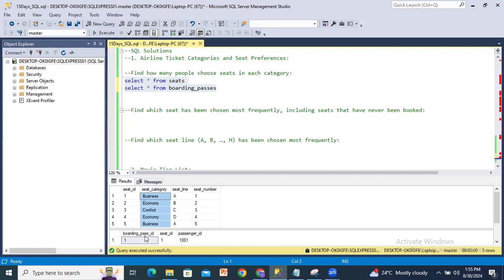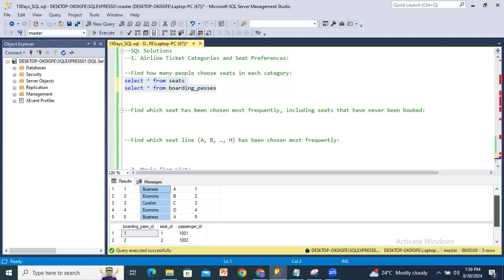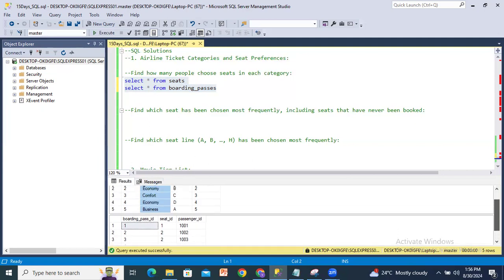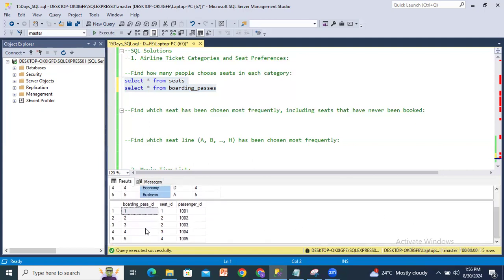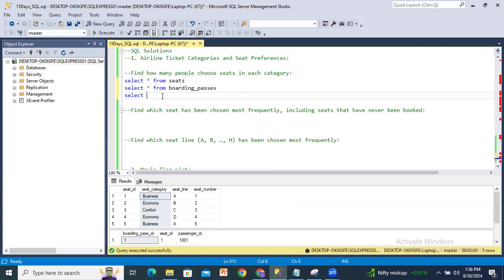And we want only the count of boarding pass ID. So based on the boarding pass ID only, we will get the count: how many people have chosen seats. So let's find this. Select, first I will get the seat category,